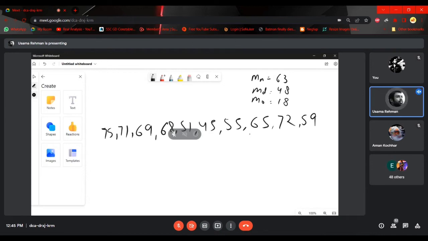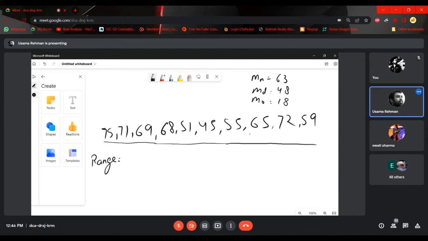Now let's say I have to write a paragraph about this particular score. So I will either explain the mean, or I will say the mode is 48, or the mode is 18, median is 48, and mean is 63. Right? So a lot of times it does not make sense. To explain data in a better way, we explain data with the help of